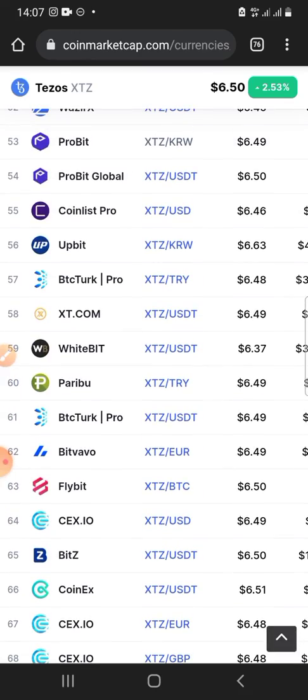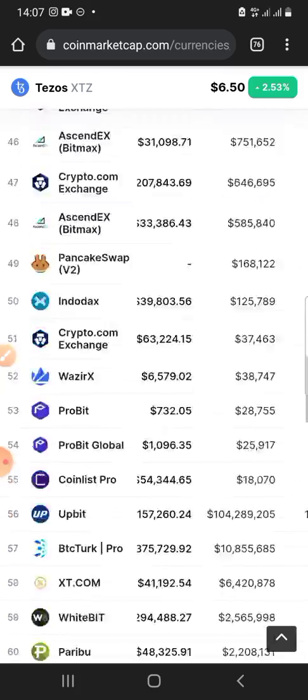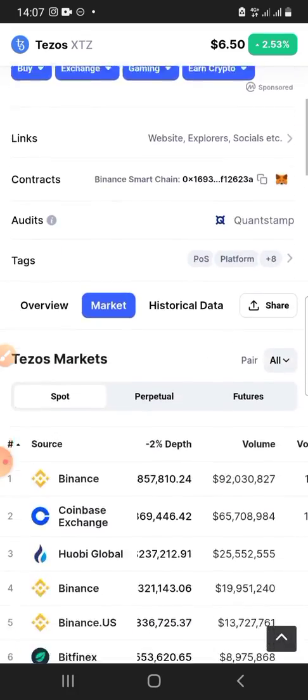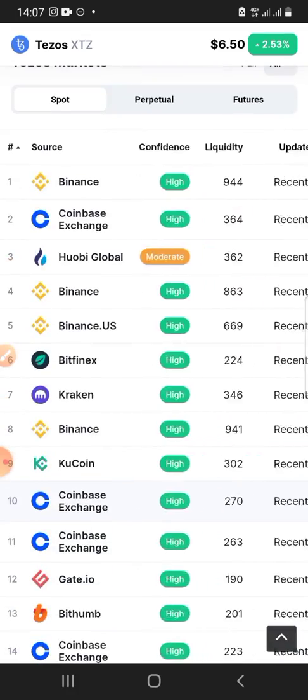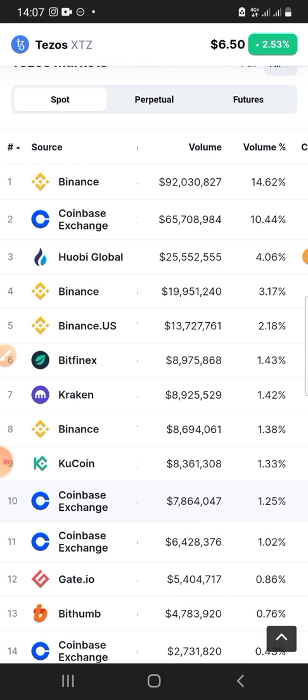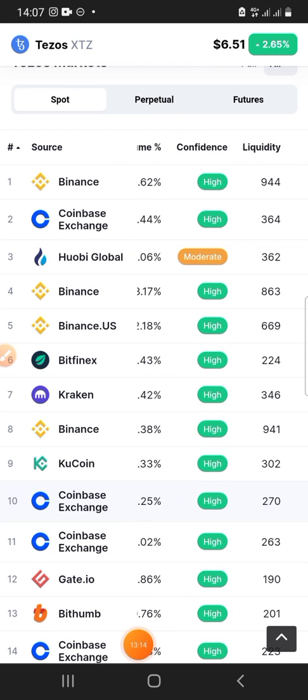The next thing is that you want to check the volume on these markets and see if they are actually active, as in it's really active. So we look at the volumes on the various exchanges, and this is where you're going to look at it. Look at the volumes here, and the volumes are nice, they are healthy. So you see high, moderate, high.